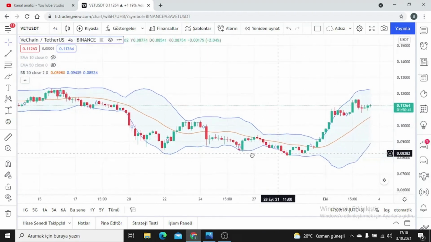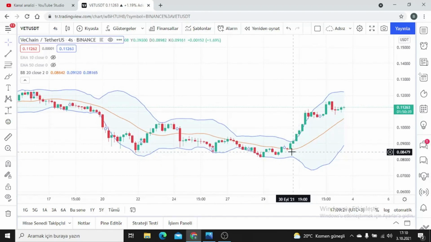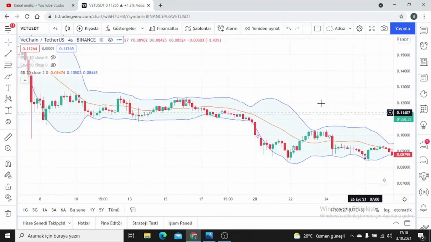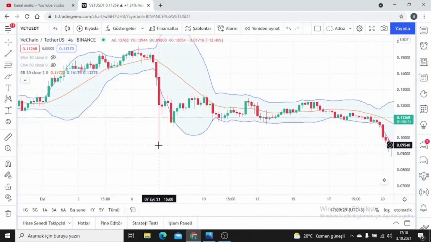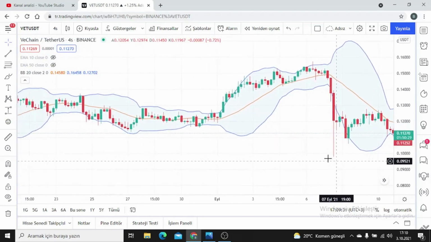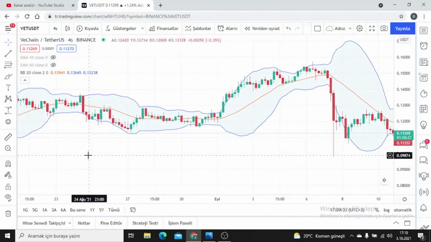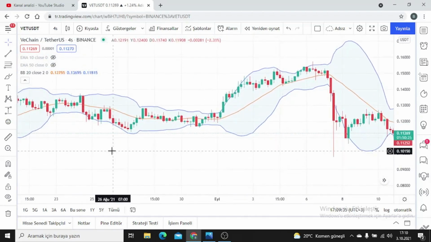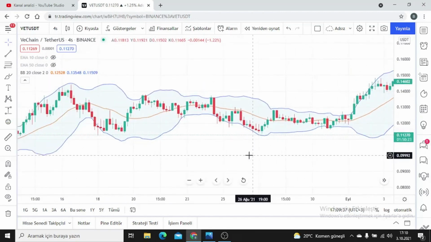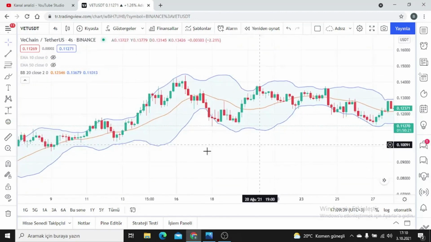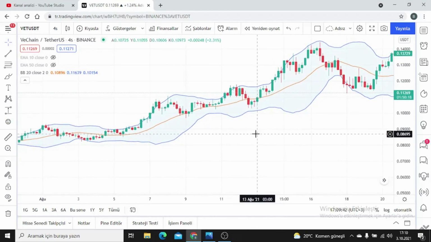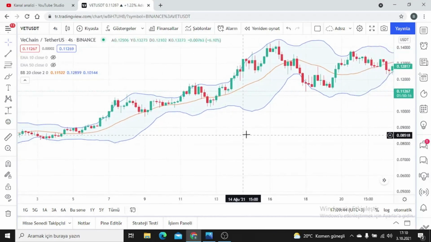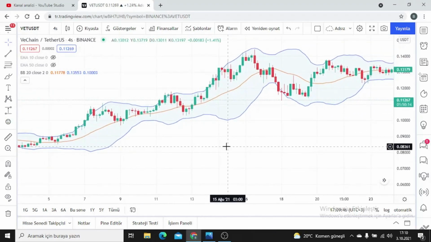Candles touch the bottom line. A small rise is coming again, it touches again. It touches again with a small rise. Likewise, when the candle closed above the Bollinger Band, we could foresee that the uptrend would come. Of course, as I said friends, we never use any indicator alone, because most of the time, we can fall into fake signals and make losses.